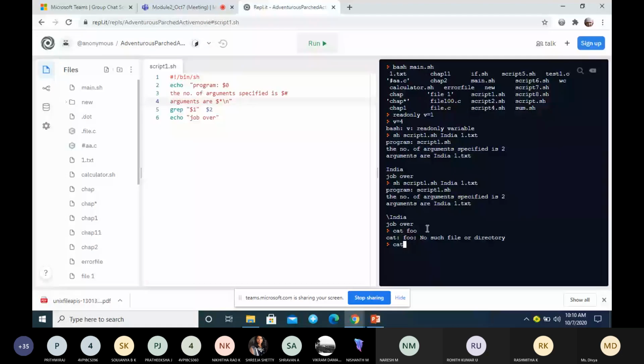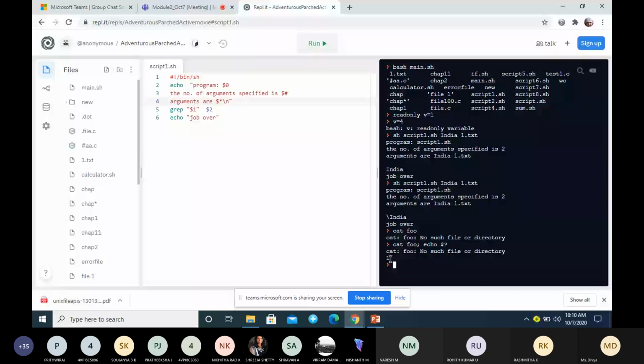I want to know the exit status, so I have to use the parameter dollar question mark. What is the exit status? It will return 1. So 1 means something went wrong.